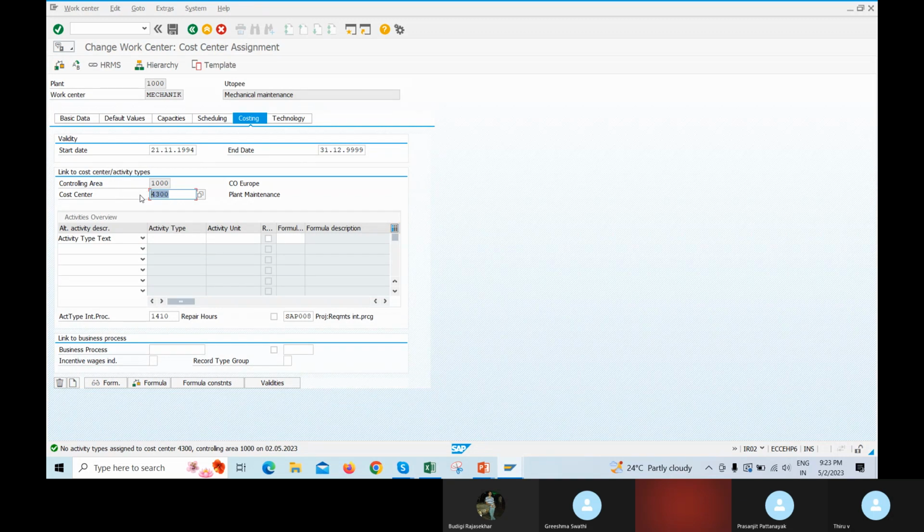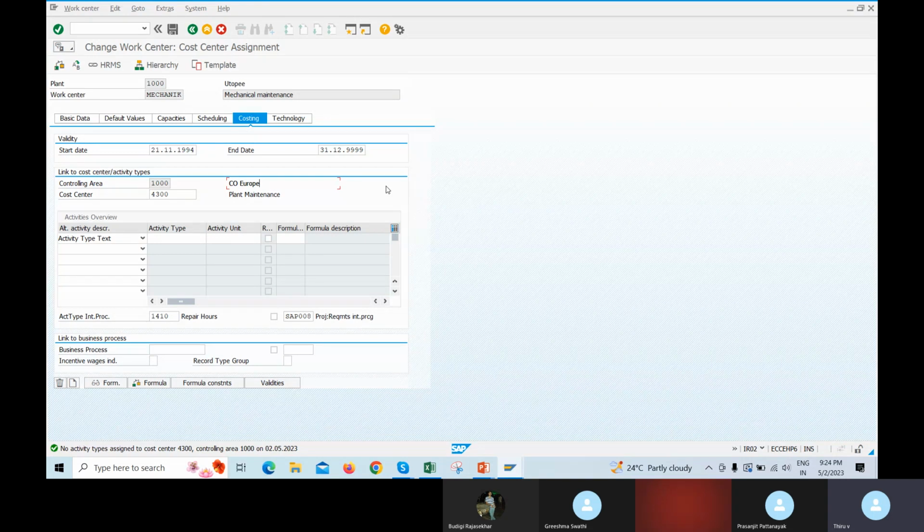Grishma madam, what is settlement? If you don't know, just say so, no issues. No, sir. Right, very good. Thiru, what is settlement?